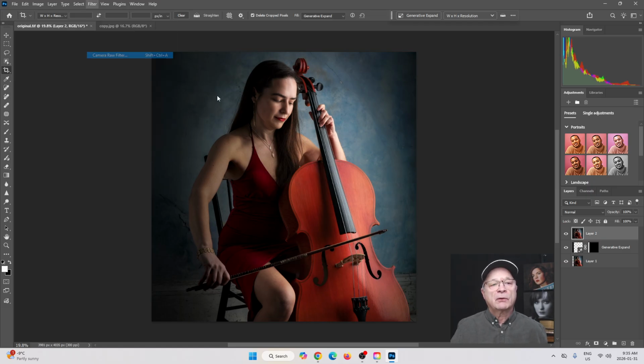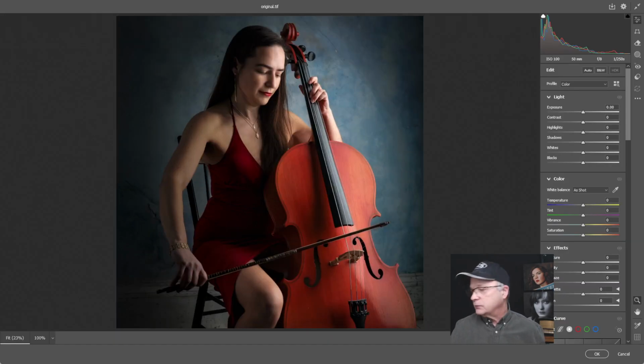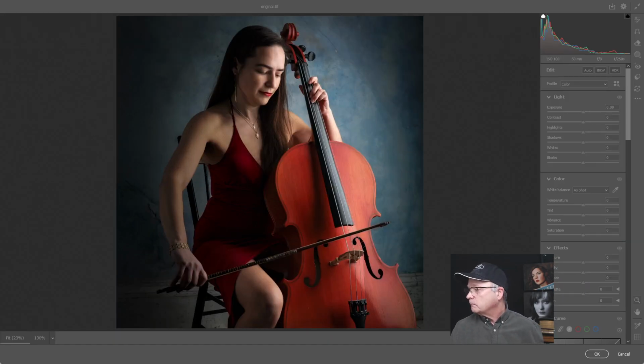Okay, so let's go back to Camera Raw and see what else it suggests that we do with this image. Okay, so alternatively, now it gives me some other suggestions in terms of the crop. If I had shot this in a much wider way. Alternatively, going wider to include more of the chair could feel more intentional. Okay, so now the face light is going to talk about. So a subtle fill or reflector on the shadow side of the face could reveal just a bit more expression without losing the moody feel.